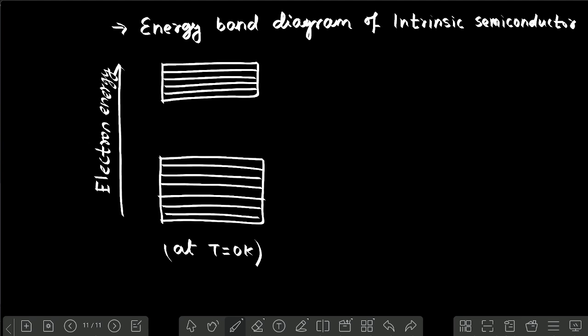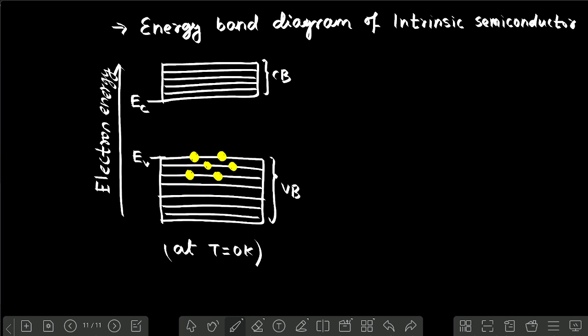And this topmost valence band I'll give as EV, and the lowest conduction band I'll give as EC. I'll write this one as the conduction band, and this one is your valence band, and here I'll keep some electrons. So for T equal to 0 Kelvin, what happens? All the electrons I'll keep here. All the energy levels are occupied by the electrons at T equal to 0 Kelvin, and the conduction